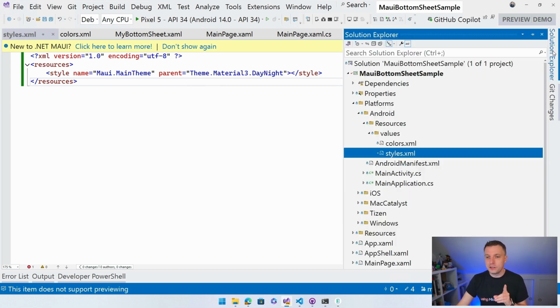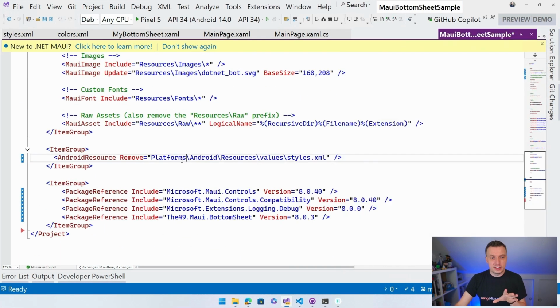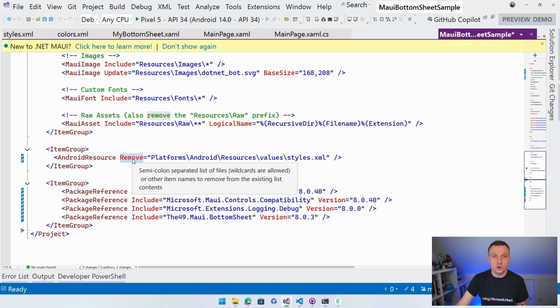So we go back into the Solution Explorer, go to your project right here, and then what it did do, and of course, oh, there we go. See, it says, hey, I added this styles.xml. I can see it's supposed to be an Android resource, but I'm going to remove it, and this means it's not going to do anything with it.